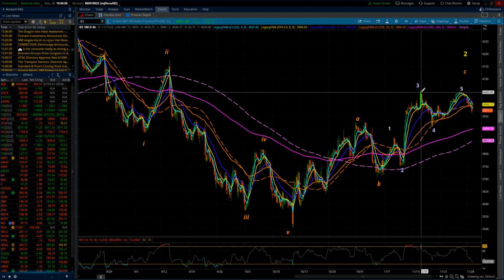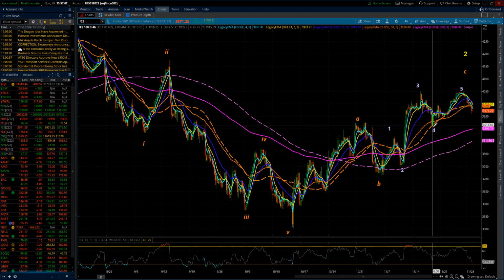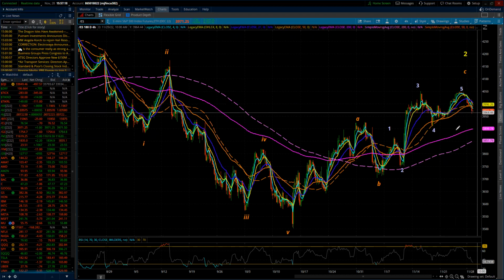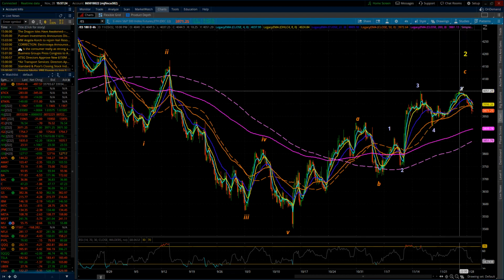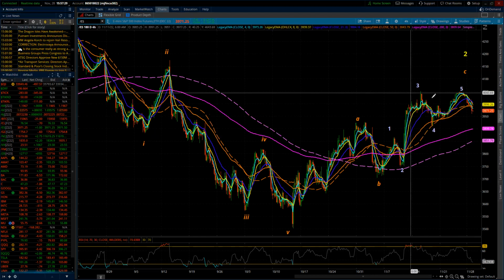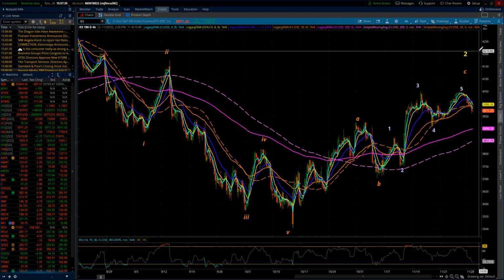If not, then what we got going on is 3, A of 4, B of 4, C of 4 in progress, possibly because this is a flat, brings us as close to 39.11 as it can get. That can happen. And this 4th wave actually could even unfold in a triangle pattern, because this is 3, this is 3, this is 3. If this works out to be a 3, is this A, B, C, D, E, launch?